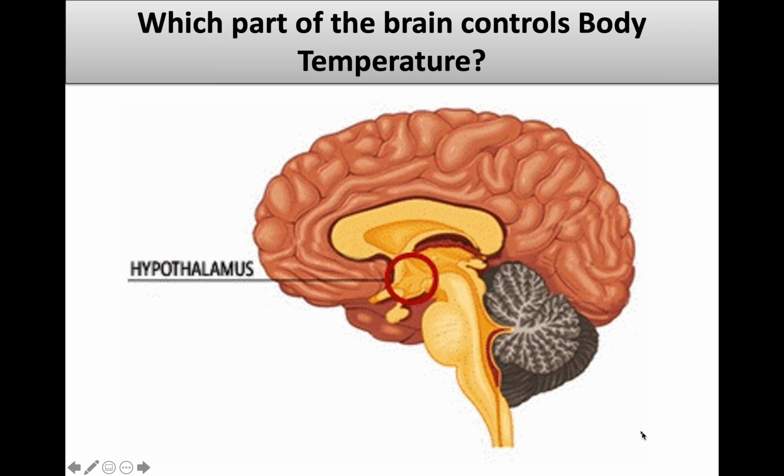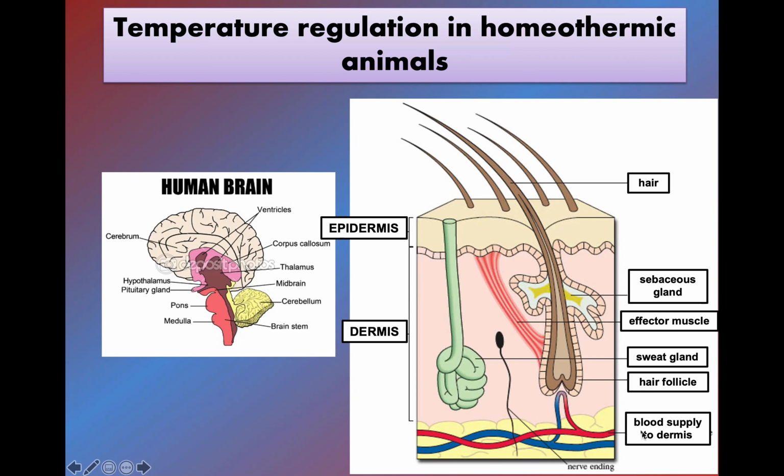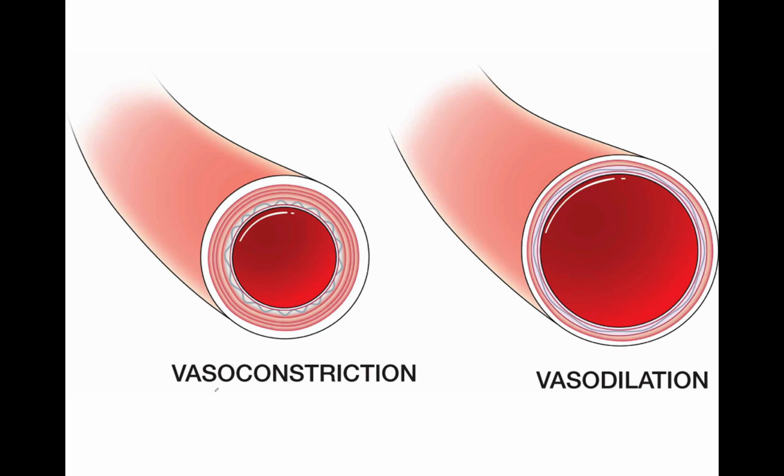Next question. Which part of the brain regulates or controls body temperature? Let's take a look. Now, we must remember that body temperature is regulated by what? Yes, by the hypothalamus in the brain, as well as, very good, blood vessels and the sweat glands in our skin. Now we are going to take a look at how the body temperature is regulated by the hypothalamus and the skin. Let's begin by focusing on two important definitions: